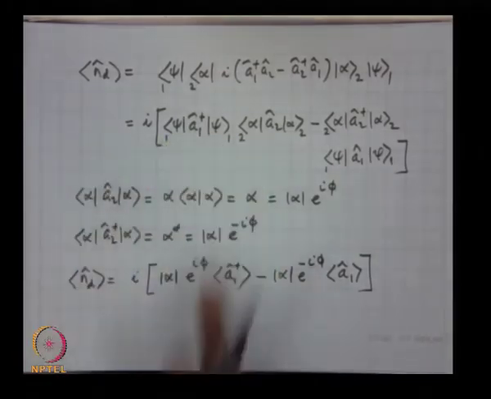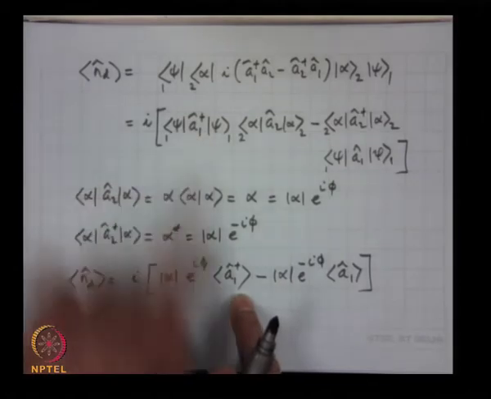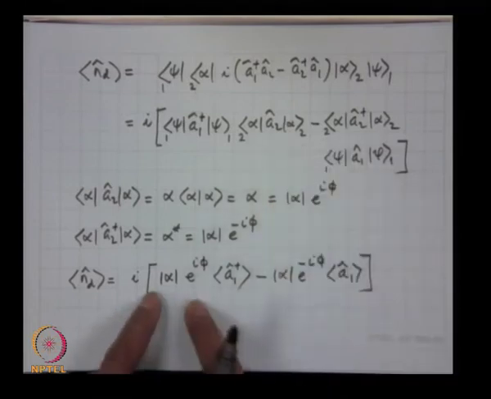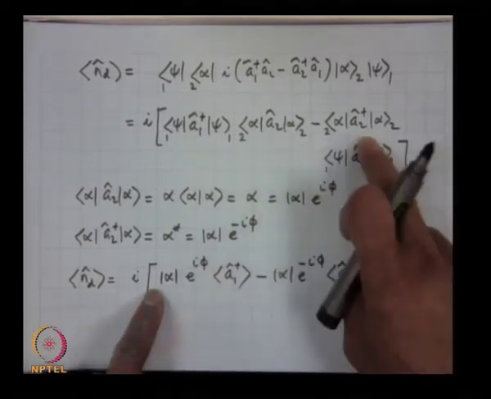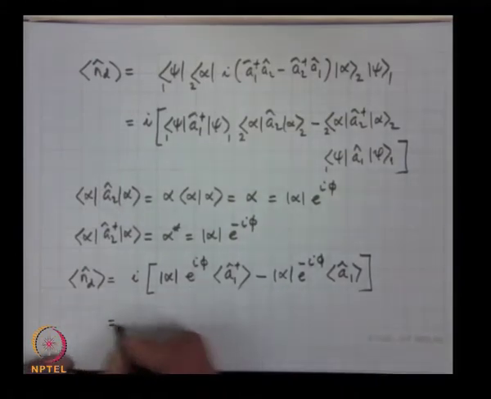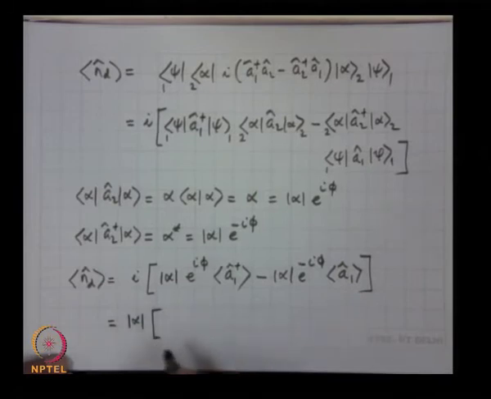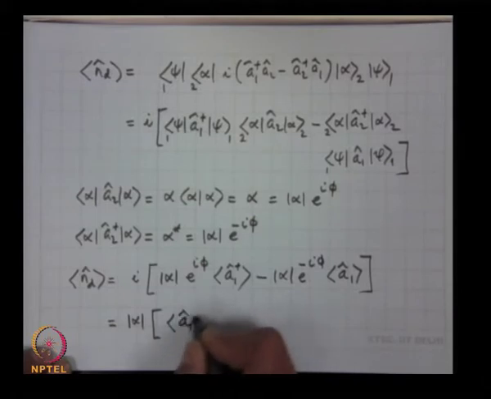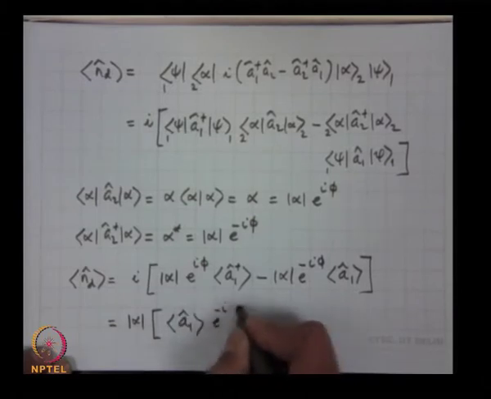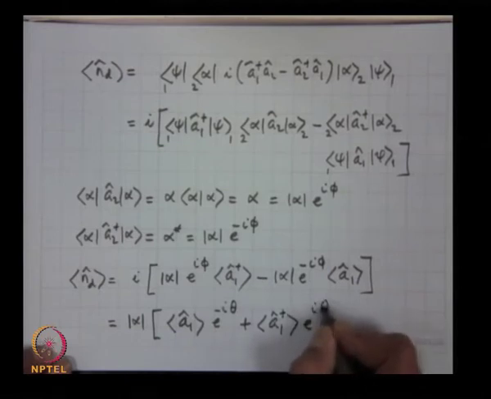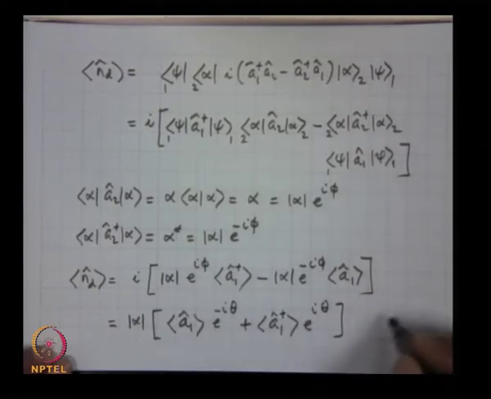This quantity I am just writing as expectation value of A1 dagger. This quantity I am writing as expectation value of A1. Alpha A2 alpha is mod alpha exponential I phi, and alpha A2 dagger alpha is mod alpha exponential minus I phi. So let me take the I inside and mod alpha out. So this becomes actually A1 exponential minus I theta plus, I'll define this, A1 dagger exponential I theta, where theta is defined as